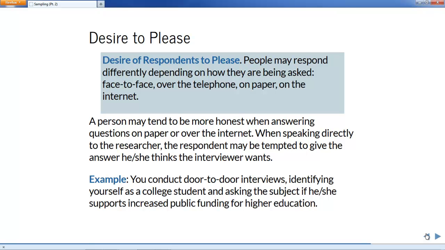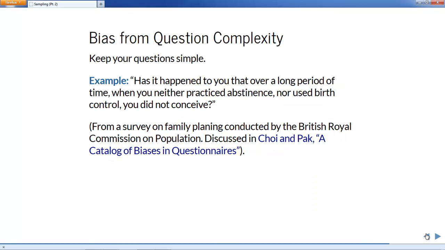The fact that you're known to the subject as a college student may cause the subject to be more likely to say that she favors increased public funding for higher education. She doesn't want to say something displeasing to you as someone who currently has to face the problem of paying for higher education. Sometimes there's bias from the question simply being too complex, so you want to keep your survey